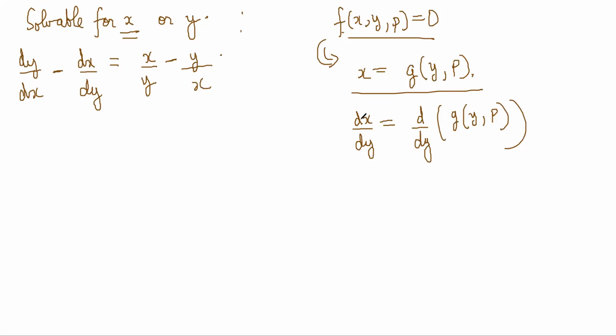This can be written as 1 by p, right? Yes. 1 by p is dy by dx. dy by dx, 1 by that is dx by dy, right? Yeah. So now